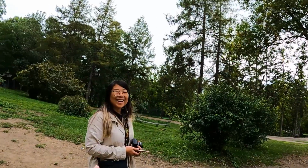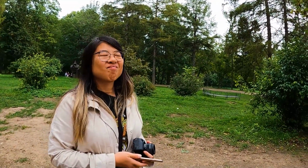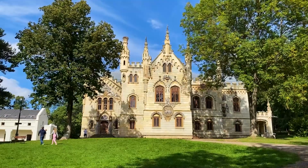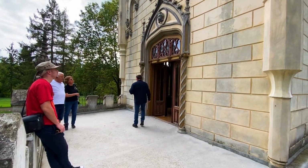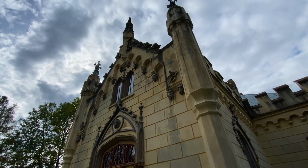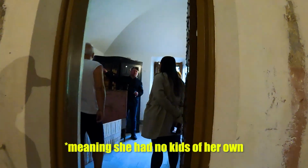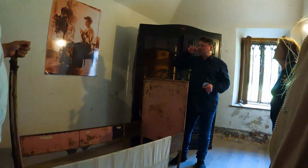So the story goes like this. In the 40s, after World War II, the Russian army totally gutted the castle. But a castle does not have to be fancy for it to be very interesting. Now, I'm not sure what differentiates a castle from a mansion, but this particular castle was built in the 1880s by a rich couple who only had one daughter, and their daughter ended up becoming a nun. So eventually they donated it to the church, and it became sort of empty after World War II,